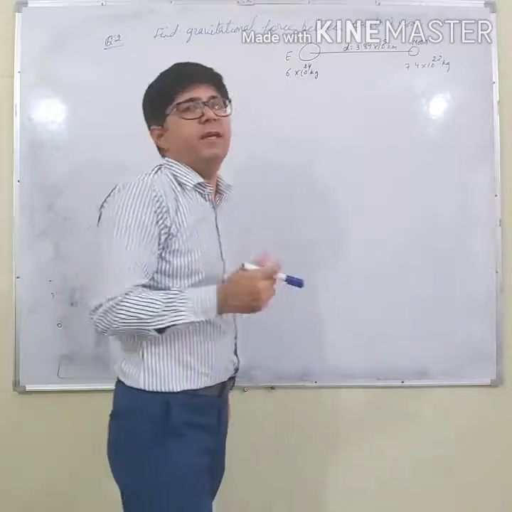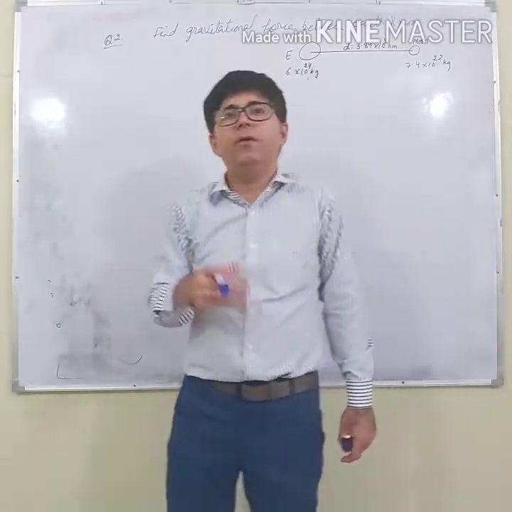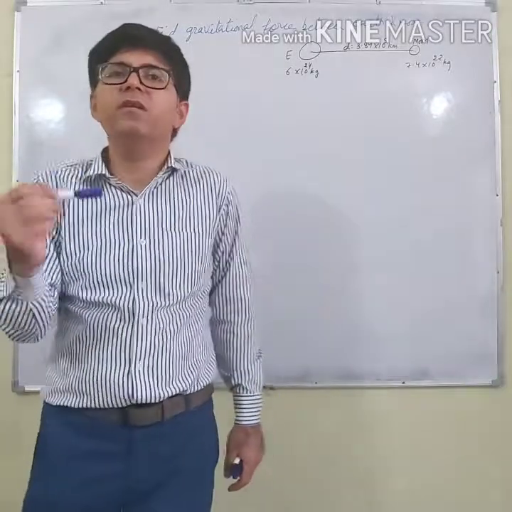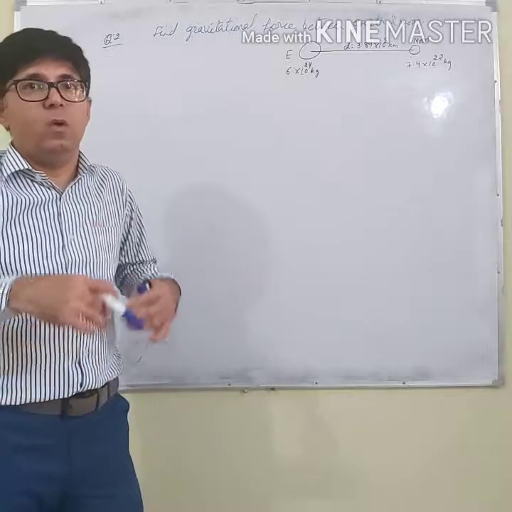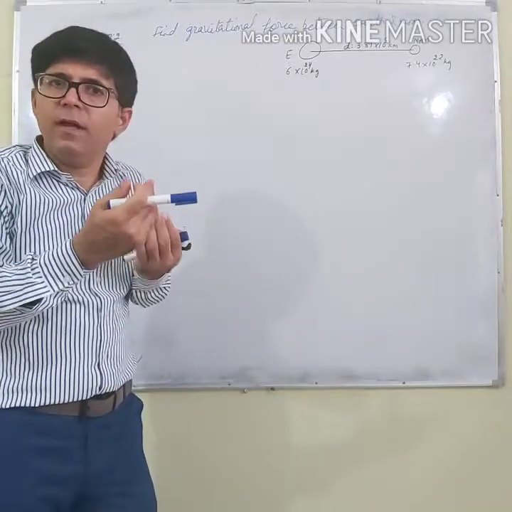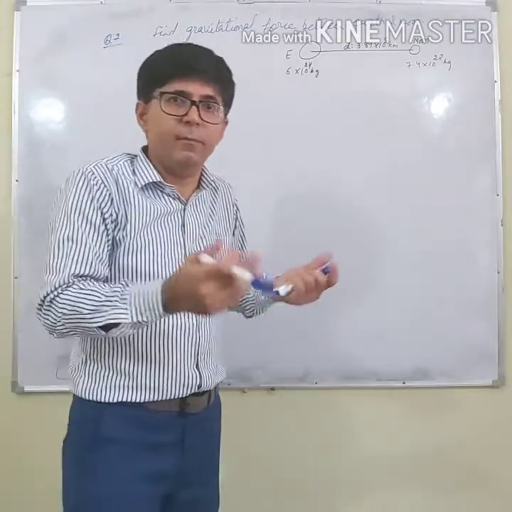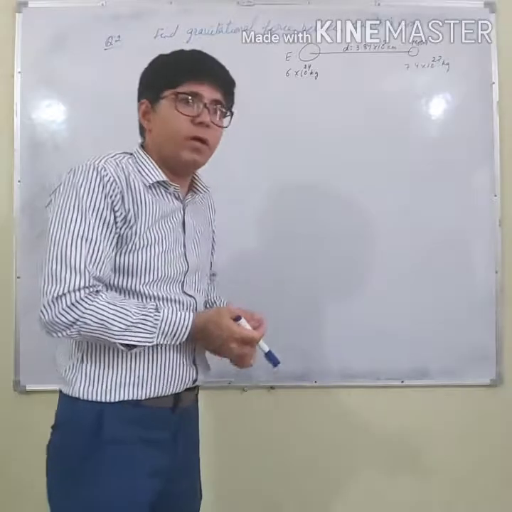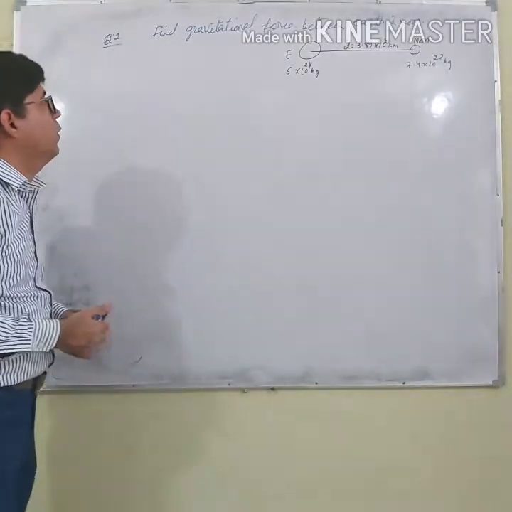All of us see the moon around the earth, and we also observe that the moon is revolving around the earth. The question arises: by what force do the earth and moon attract each other, and what is the acceleration in them? So we are going to find it out with the help of an example.